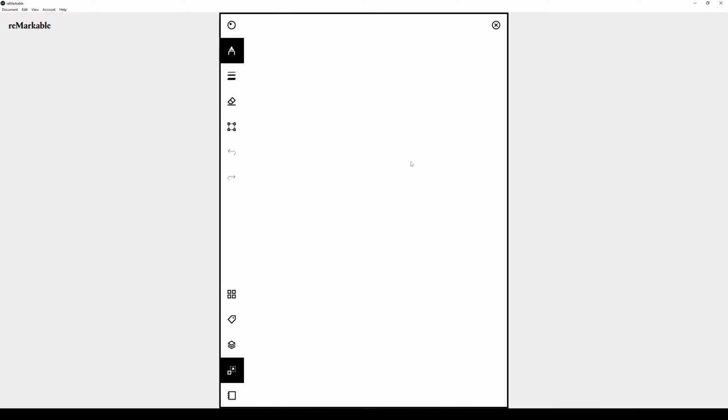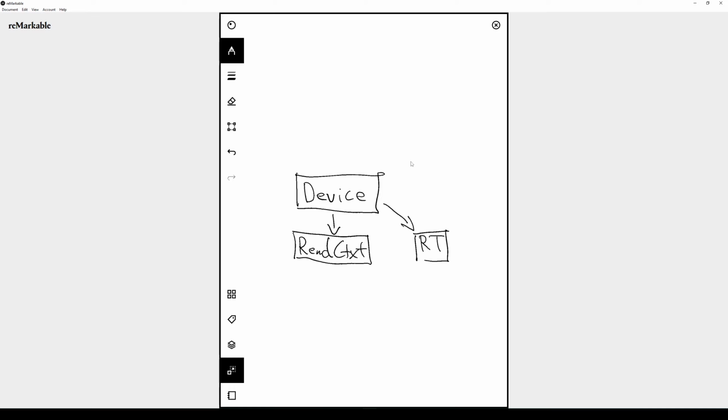So the way this whole thing with the devices and the render targets works is that you have the device, and you have a render context. Let's call that rend context, like this. The device essentially creates everything, and the device can create a render target like this, and it can create another render target, and let's do one more. And a render target